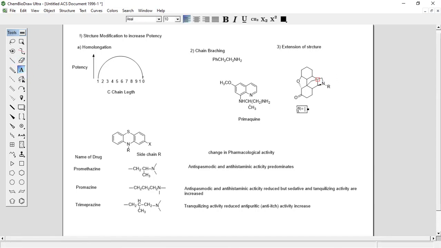Then that drug is called morphine, and if this R is CH2, C6H5, C6